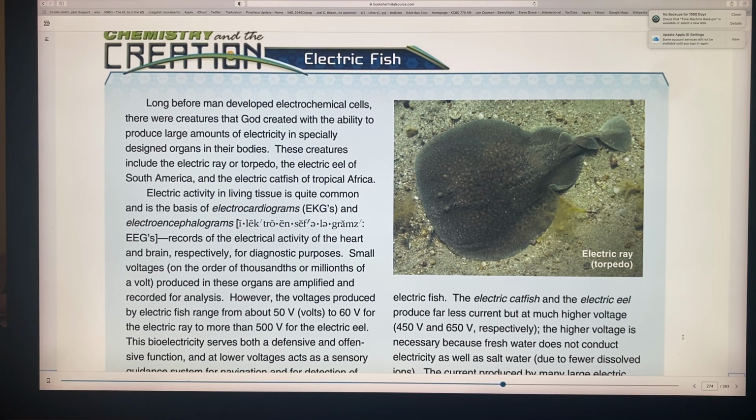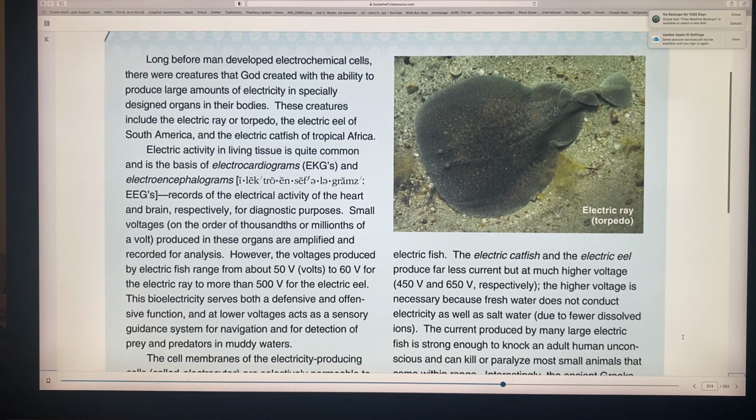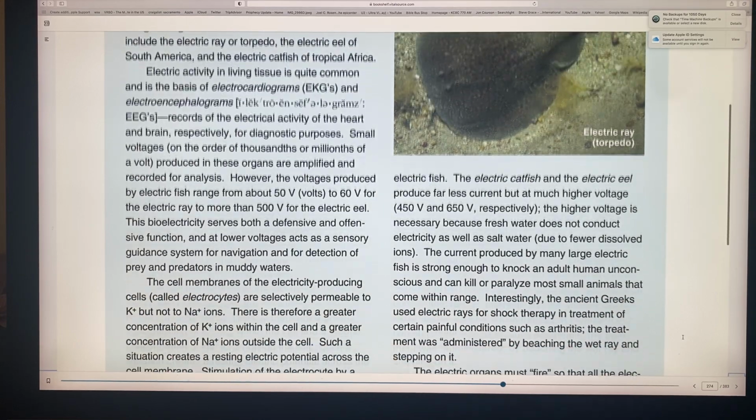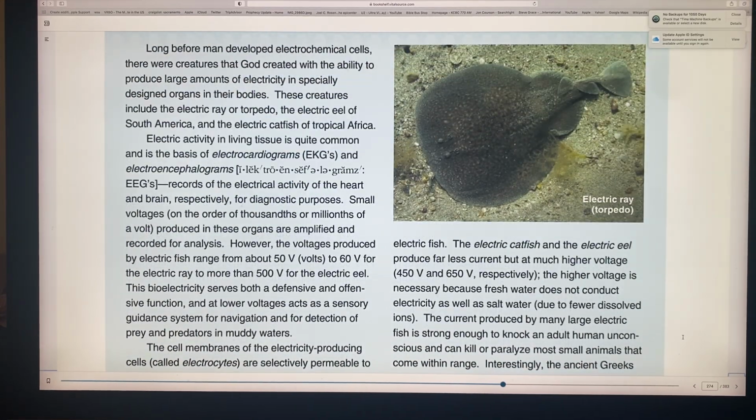But these electric fish can produce 50 to 60 volts, and the electric eel up to 500 volts. That's a lot of electricity in a small animal, right? So reading through this article, I'll tell you about it. They use it as a defense and also as a sensory guide for navigation, because they live in very dark and muddy